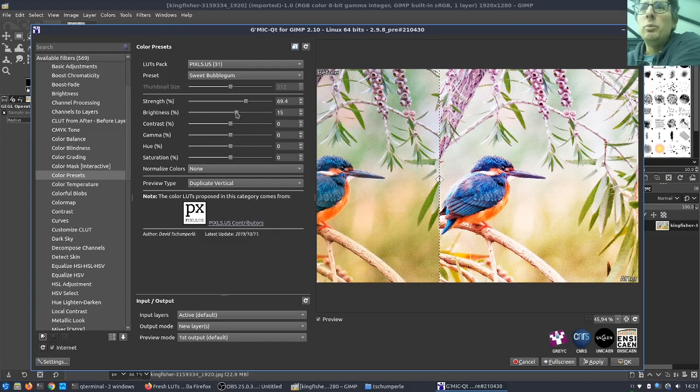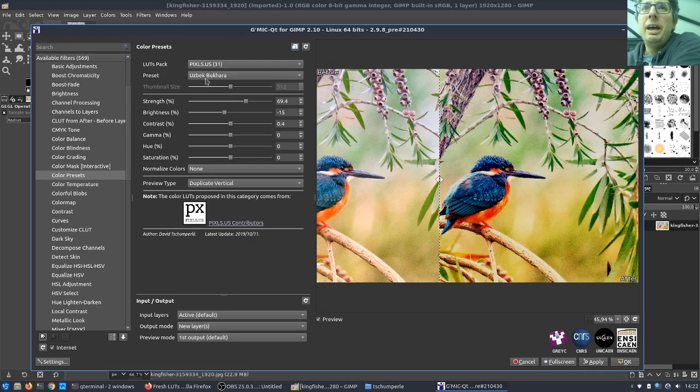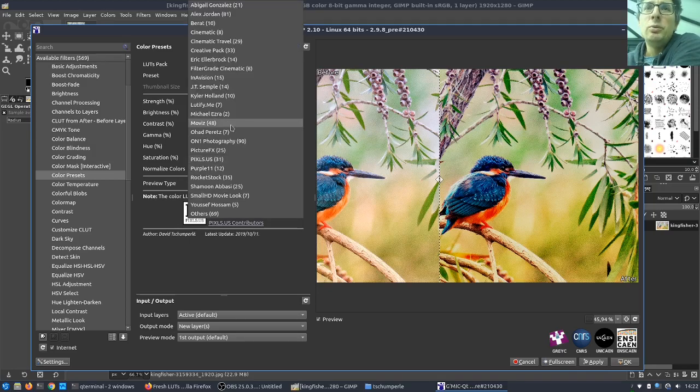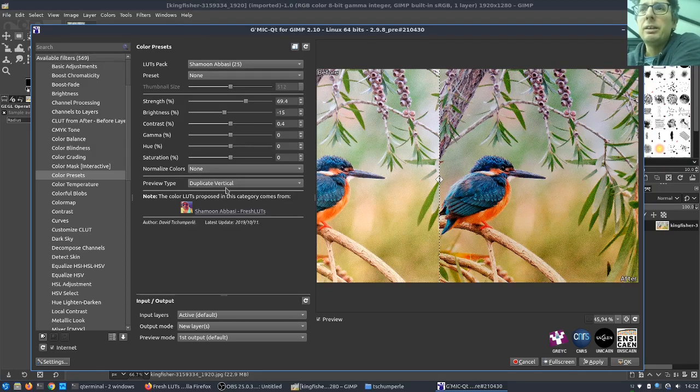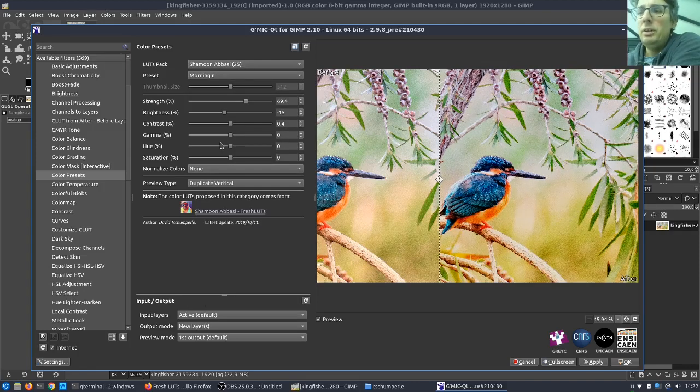I can play as always with some classical sliders like brightness, contrast, etc. Okay, and if I choose another pack, let's say I choose the Shamoon Abazi pack, which has 25 CLUTs in it, you see that the list of presets has changed, and you can now choose another kind of CLUT.